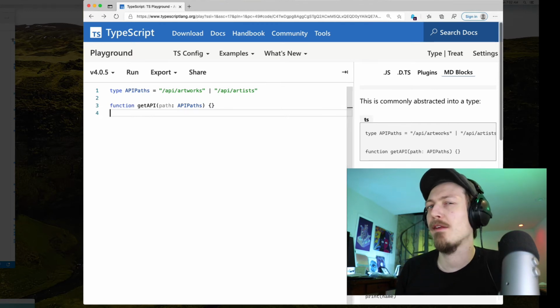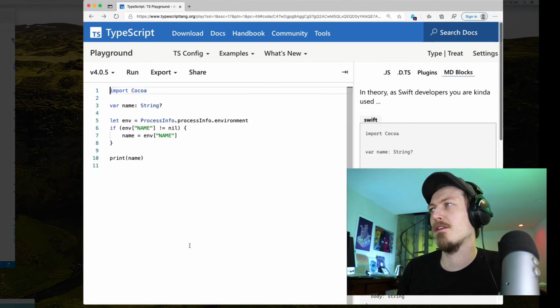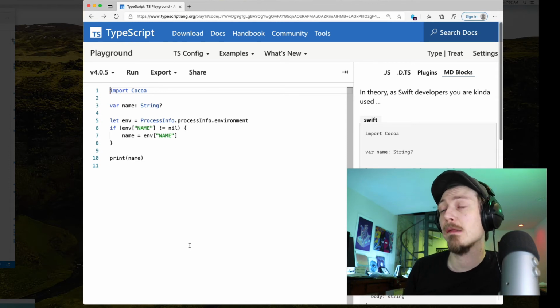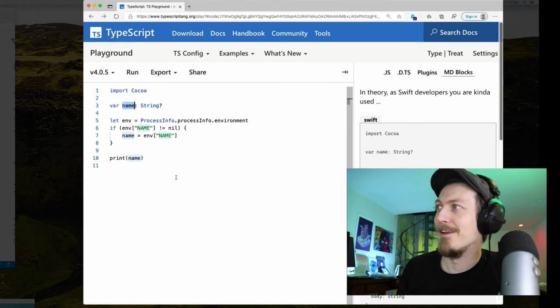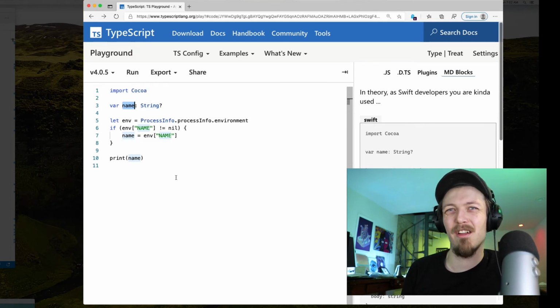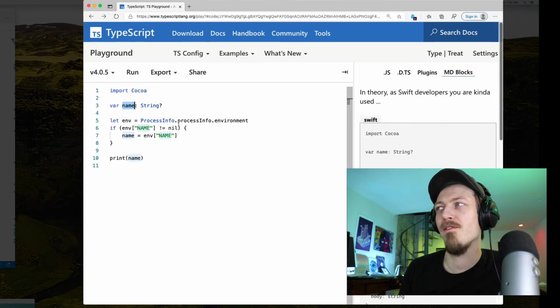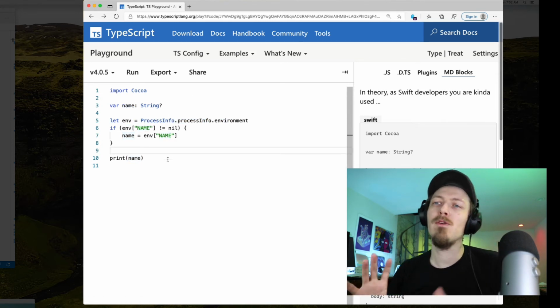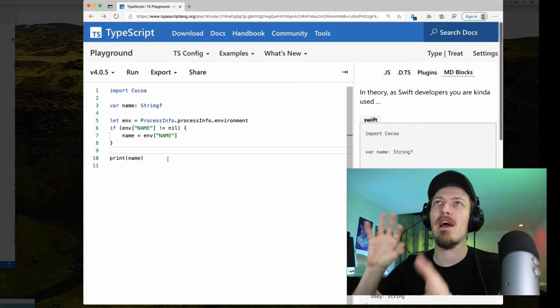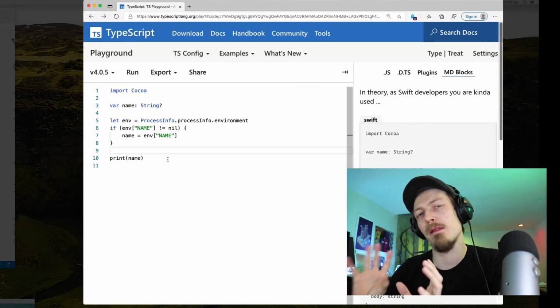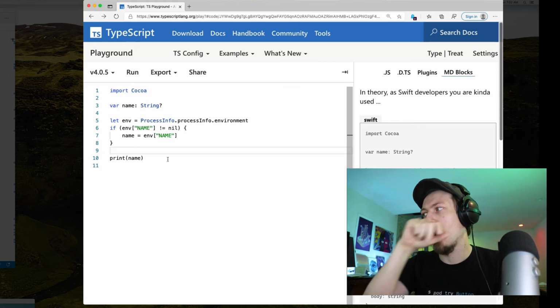And this concept is actually quite similar to nullability in Swift, right? This name here is a string or it is not a string. It's either nil or a string, depending on whether an environment variable has been set. So you can get a sense that there's a way to describe multiple values of the same object simultaneously.